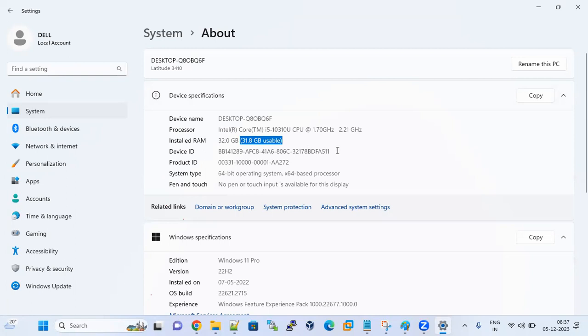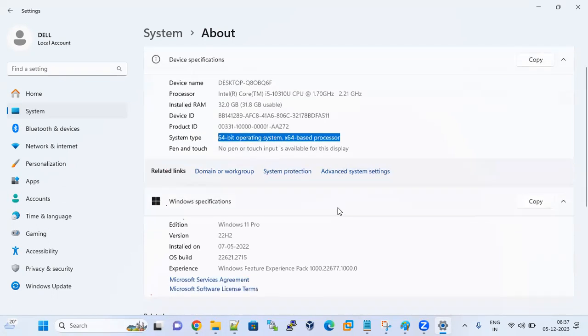Device ID, one ID is allocated. Product ID means the OS ID. System type: whether it is 64-bit or 32-bit. There are two types of systems, either a 32-bit operating system or a 64-bit operating system. Nowadays, all systems come with 64-bit operating systems only.